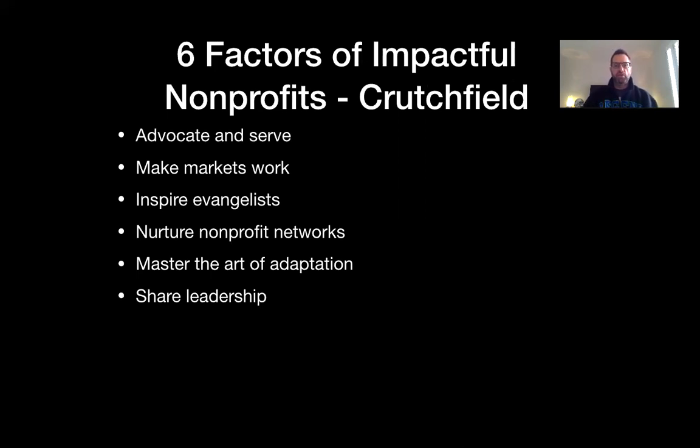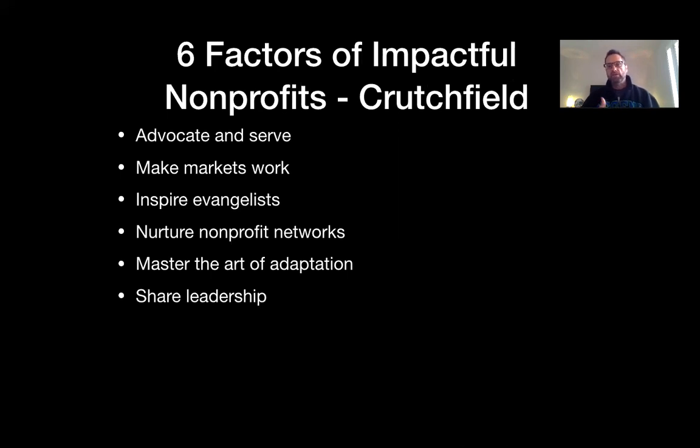And then finally, it shares leadership. Nonprofit work is all about building boards. It's about putting people in the right roles. It's about building volunteer bases. And it's about pushing leadership down, whereas profit work is a lot about pushing leadership up. It's top-down leadership. Within nonprofit work, it's about shared leadership. It's about collaborative leadership. It's about people working together.